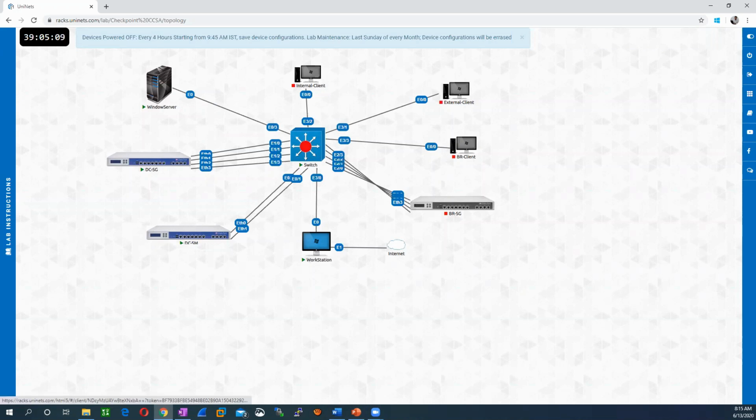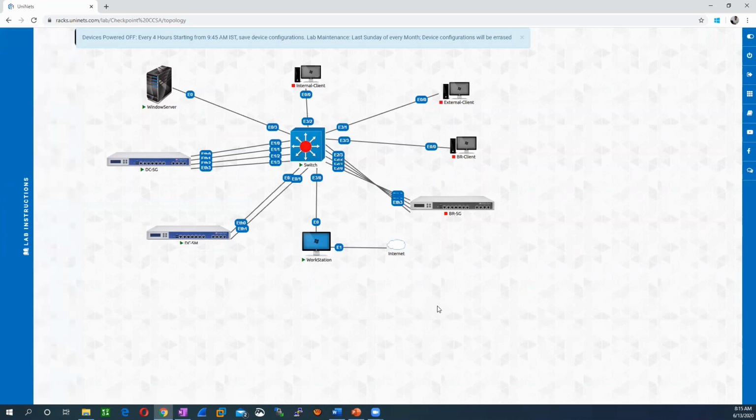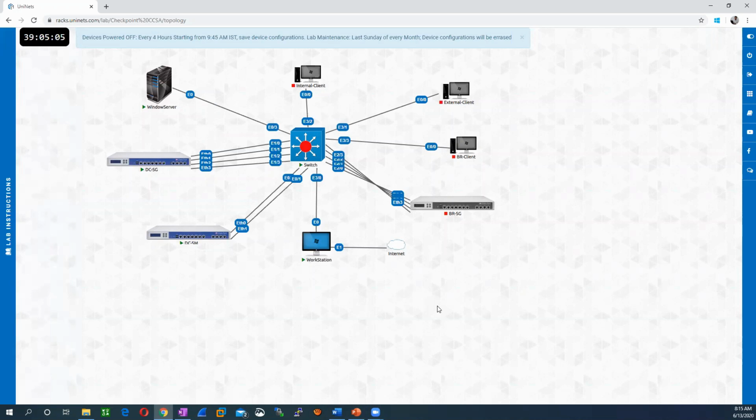Vijay: Do we need to power on the device too, or should we wait till you show the lab and then we try it? Let me show you the lab, or if you want, you can perform the tasks in parallel. If you have lab access, you can power on the device, and in parallel you can perform whatever task I perform.